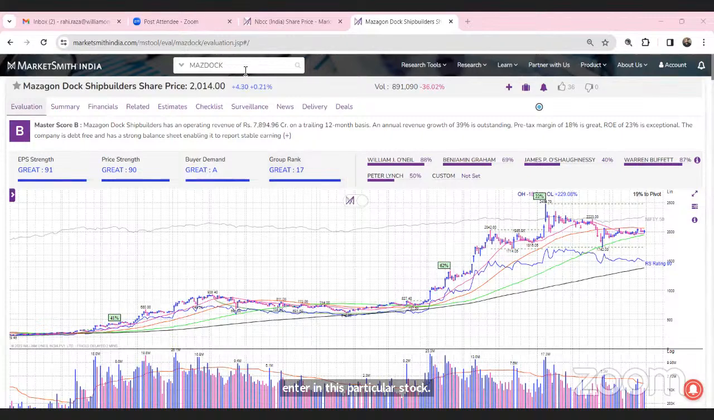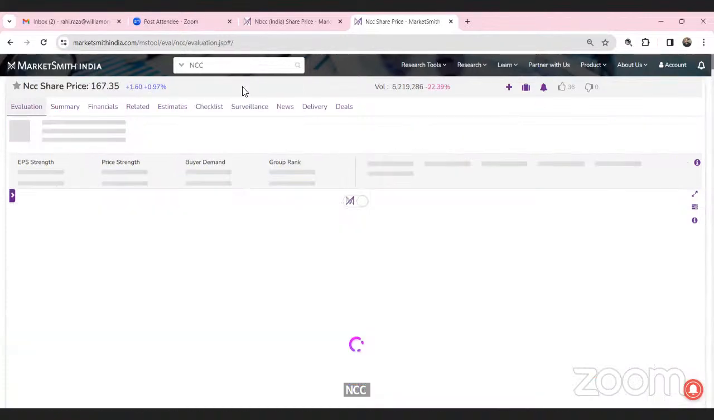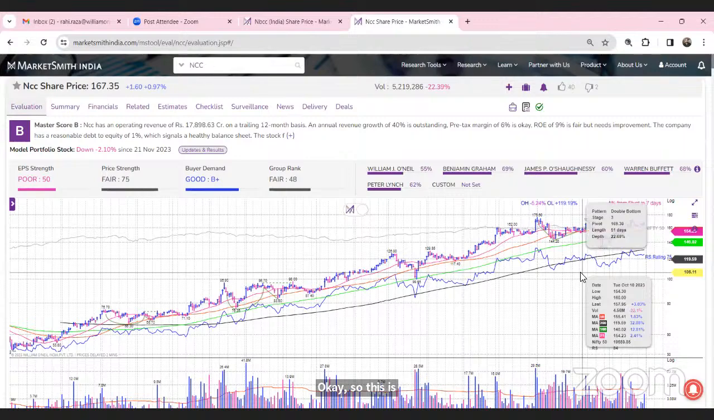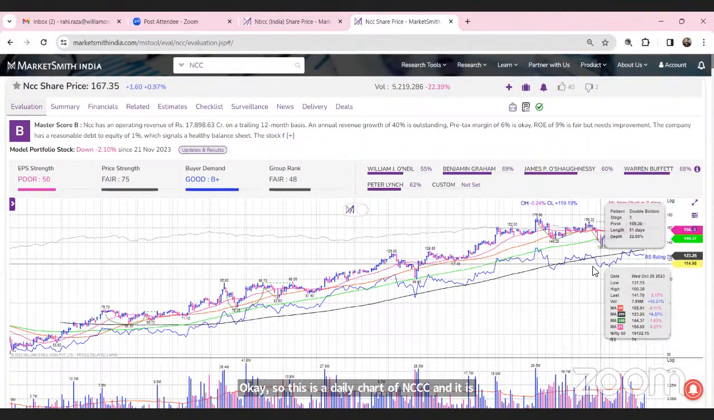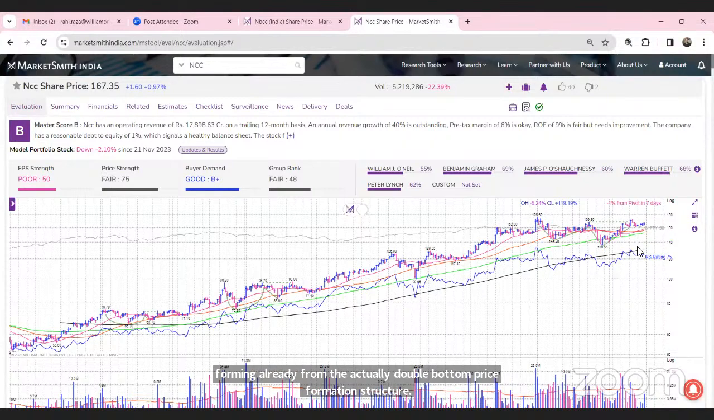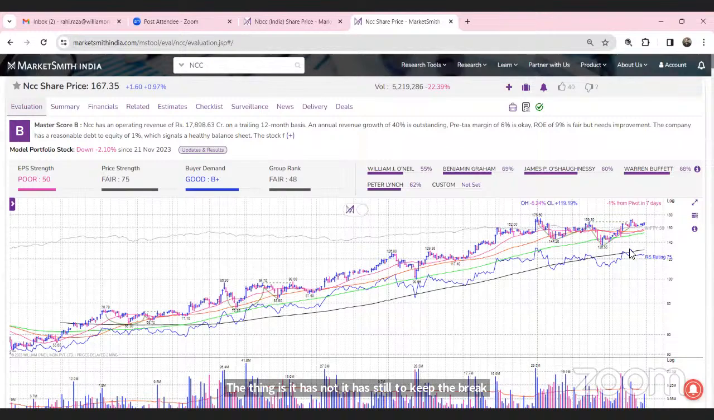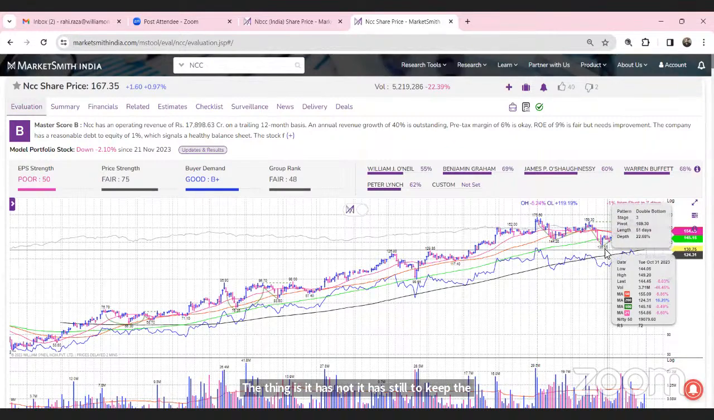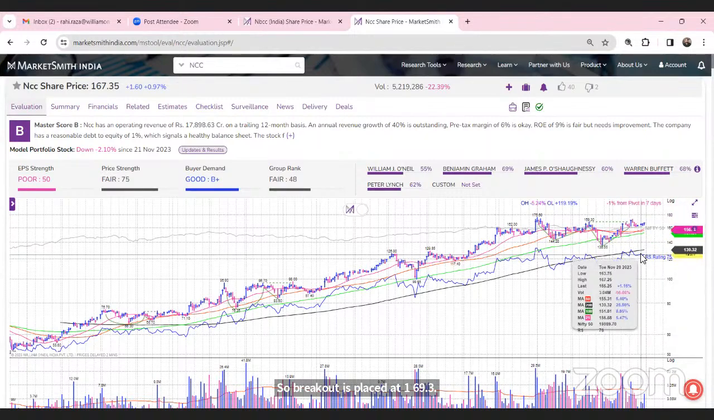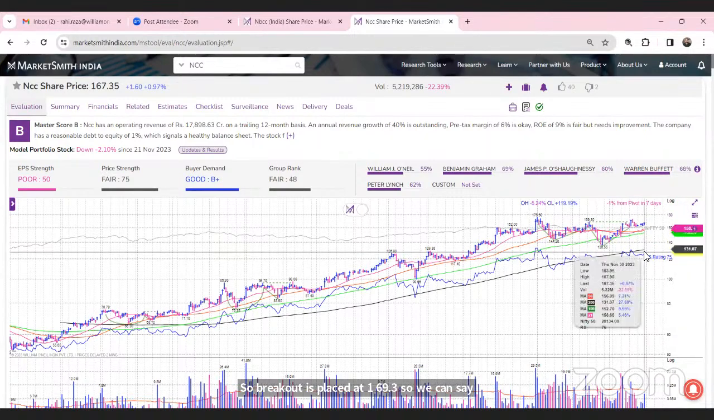NCC. Okay, so this is the daily chart of NCC, and it is also forming, or has already formed, a double bottom price formation structure. The thing is, it still has to give the breakout, which is lacking here. The breakout is placed at 169.3, so we can say 170 also. Now the stock has closed at